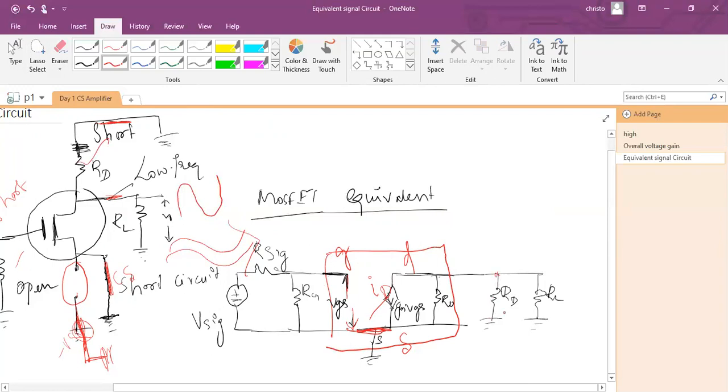Next, RL is connected at the drain and the other end is grounded. Next, RG at the gate side is connected with respect to ground. This is the ground part. That means the source is also finally connected to ground. Next, at the gate side, R signal is connected via V signal. This is the equivalent circuit of the common source amplifier without source resistance.